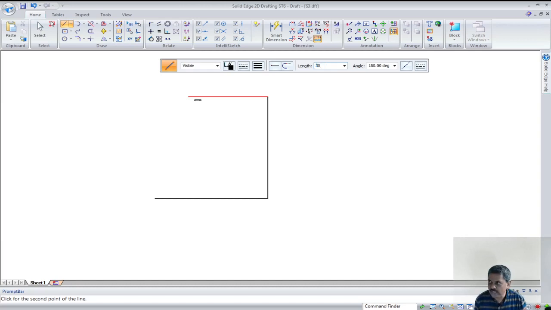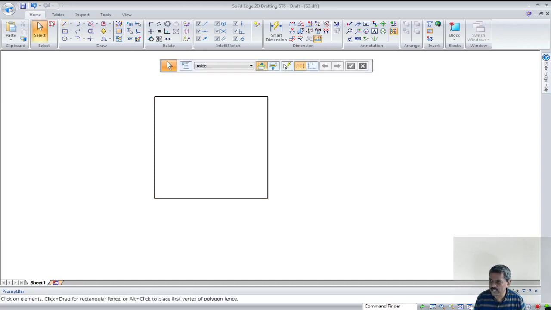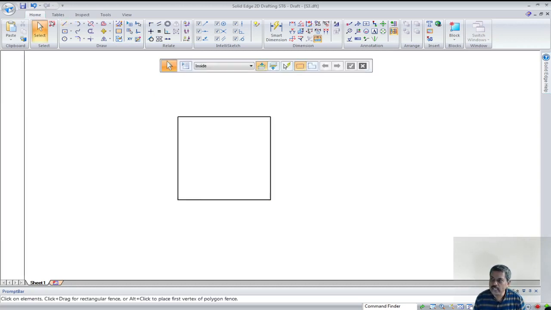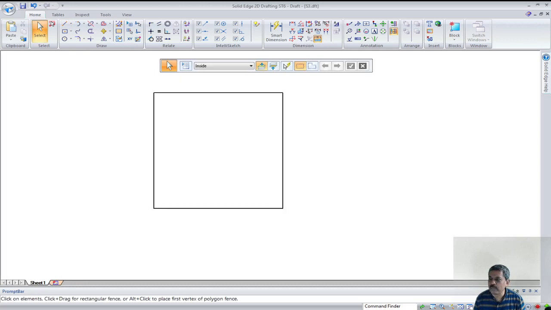So another 30, and then press tab or enter, and the angle is 180 degrees, simply press enter. You can also go and pick. You can see the angle is minus 90 degrees, because it is easy to measure in the clockwise direction. That means there is no hard and fast rule that you have to always measure clockwise or anti-clockwise, but it is the default in any CAD system that angles are measured in the anti-clockwise direction. Now, how shall I know that this is exactly 30 mm and the angle is 90 degrees? You can go to Smart Dimension.